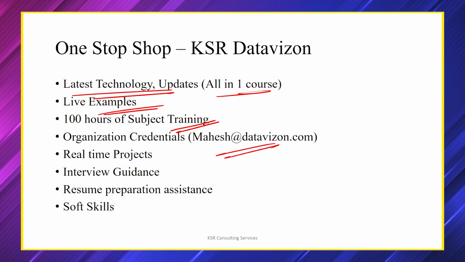Each one will have a separate email ID, and you can always communicate with us on Microsoft Teams and Microsoft Outlook. Any question you have, you can always ping me in Teams, because everything will be connected with the organization ID. Suppose your name is Anand. So Anand at KSR will be your email, and I will also have an email. I am also part of KSR, right? You can message me, send an email, or connect to our Teams. Everything will be in a professional way. What you do in companies, the same structure we are following here.